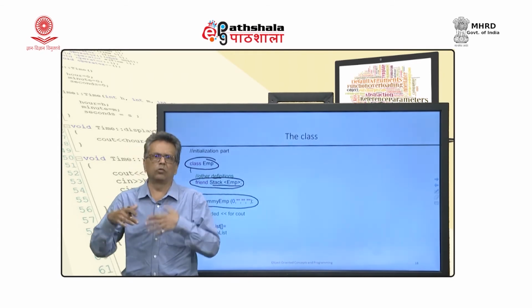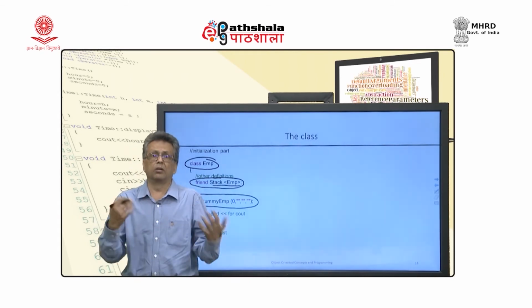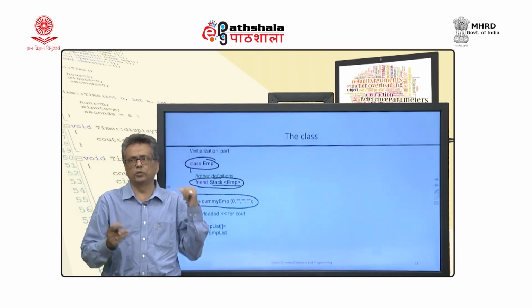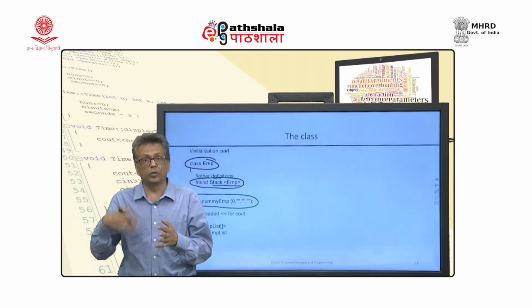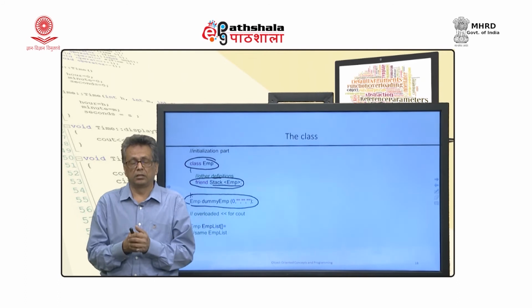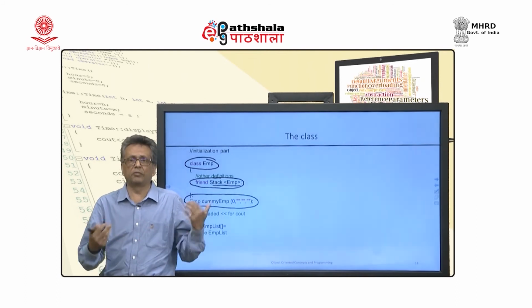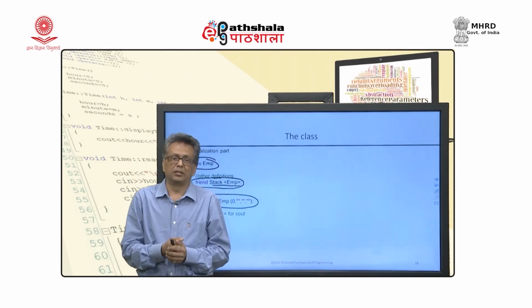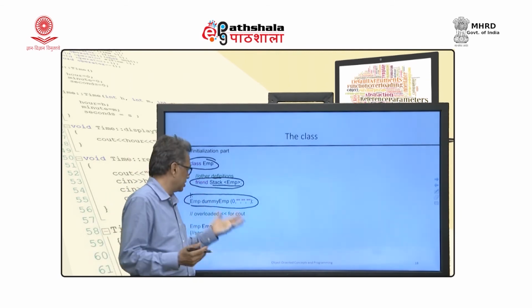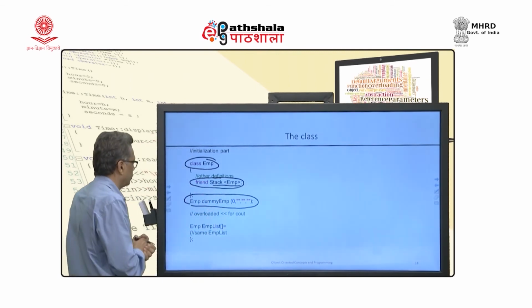So, whenever we do not want to return an employee object, we cannot find an employee object. This is basically used for the search case: when you try to search something and you do not get that thing in the array, what should you do? So, here we have defined a dummy employee object, which we are going to return.